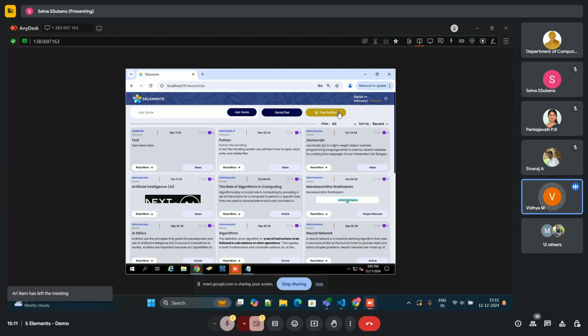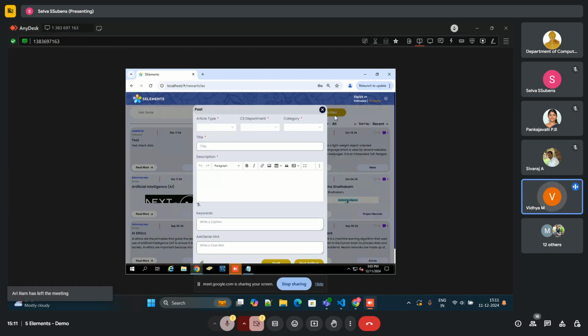If you click the post artifact, they can write or share their lecture notes or whatever the project reports, internship reports, whatever the type of the article. It could be anything that varies from here. It could be even ideas, it could be some sample question paper. So everything they can select whatever the type of artifact is, and what is their class or CS department, and the category of the artifact,